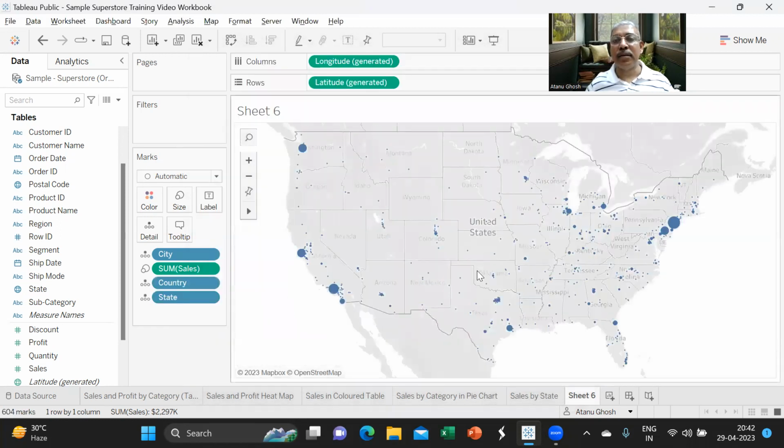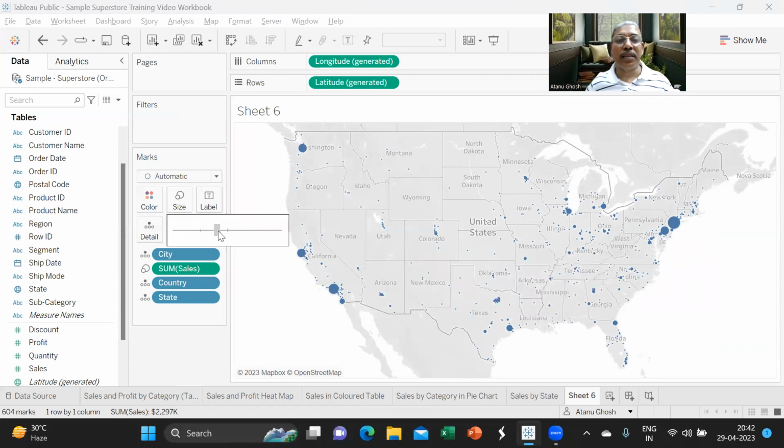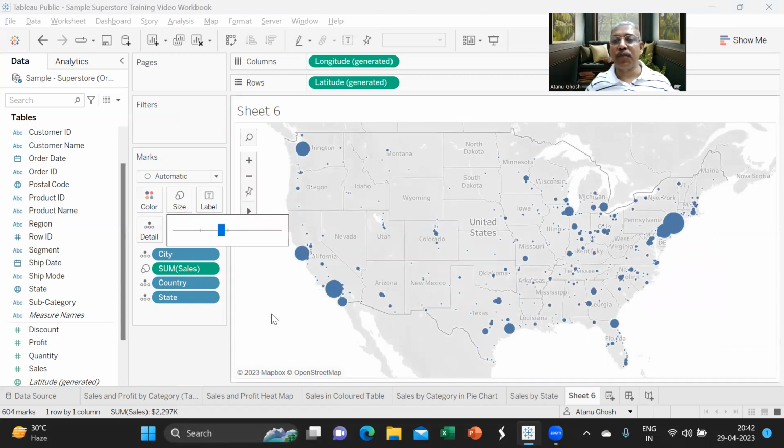Once I say OK, lo and behold, you have a very beautiful circle chart for showing the sales for individual cities. We may slightly make the circles bigger to make the differences more visible.